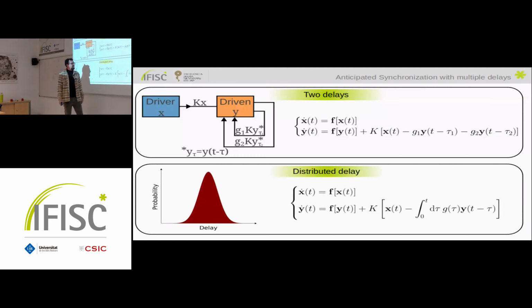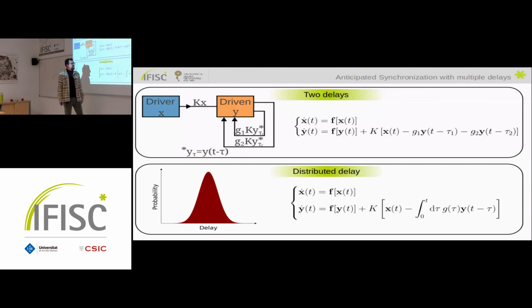It is worth mentioning that in the rest of the talk, when I do some numerics, I will just restrict myself to a uniformly distributed delay. So I will just say, okay, the delay has some constant probability to be inside of a given interval, and if it's outside of this interval, the probability is 0. Okay, so this is the setup that I'm going to use.